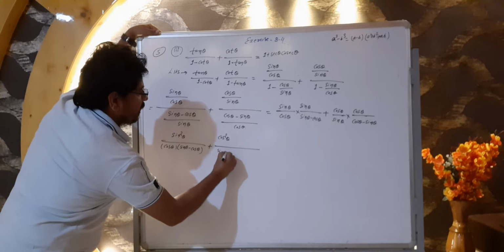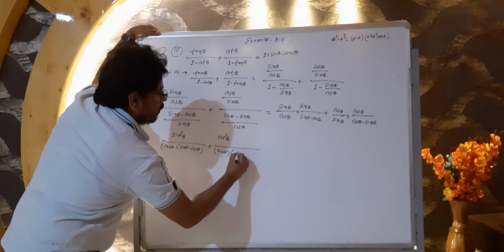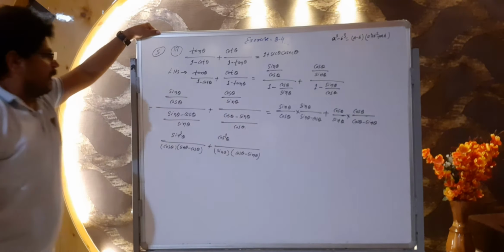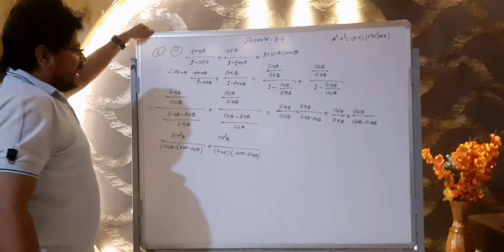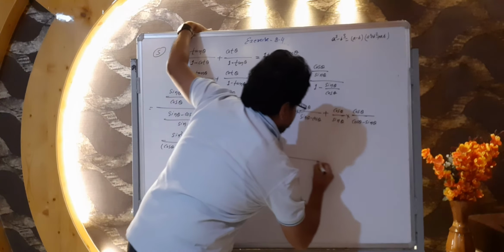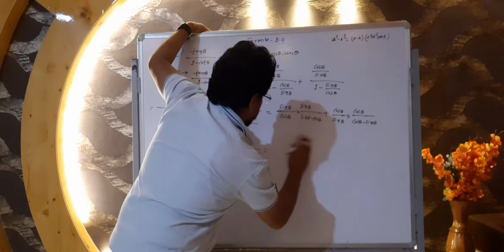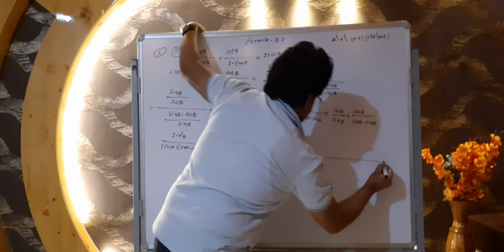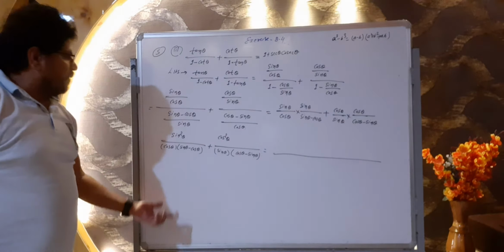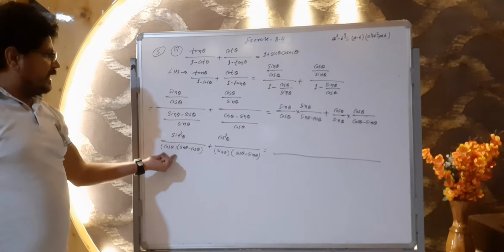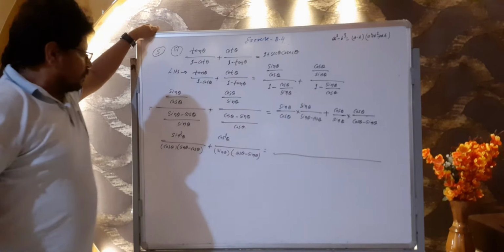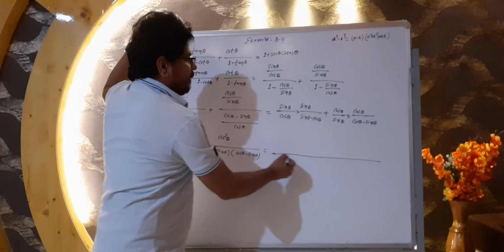Here we have to write sin theta in one bracket, another cos theta minus sin theta. Okay guys, is that clear? Now again you have to take its LCM of both the terms. Again, then what will we get? See here, after LCM, in the LCM we have sin theta minus cos theta and cos theta minus sin theta, different terms, as well as cos theta here and sin theta here. Okay guys, so see here what will happen.